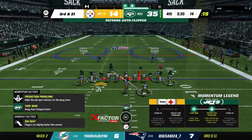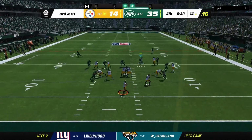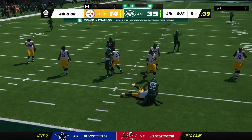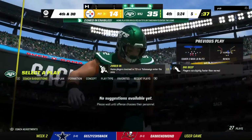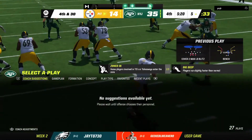The offense on third down, they're struggling. 0 for 6 thus far. This will be 3rd and a mile. And pressure coming, and they got him once again. Jermaine Johnson, 2 plays in a row now that he has gotten in there for the sack, and it brings